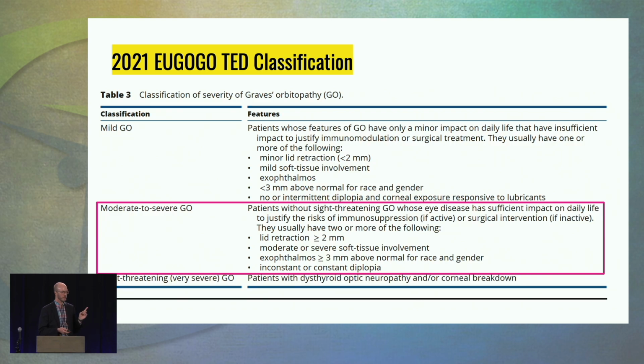The European groups have gotten together and they put out these guidelines for how to classify and treat thyroid eye disease. And in fellowship, this is what we used a lot. For most mild stuff, it's basically symptomatic management. And then, of course, sight-threatening goes on to immediate IV corticosteroids and surgery potentially. But it's that moderate to severe group that is where the gray area is, and there's some finesse and differing opinions about exactly what to do with that.